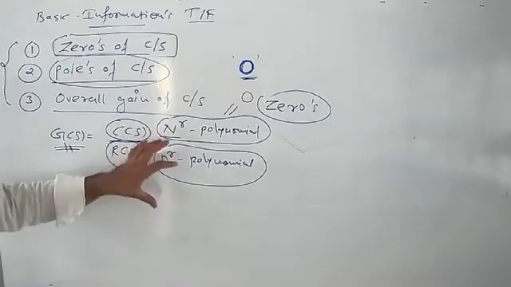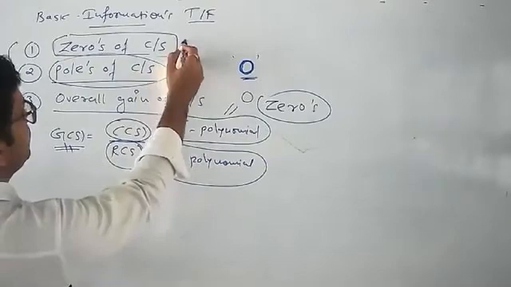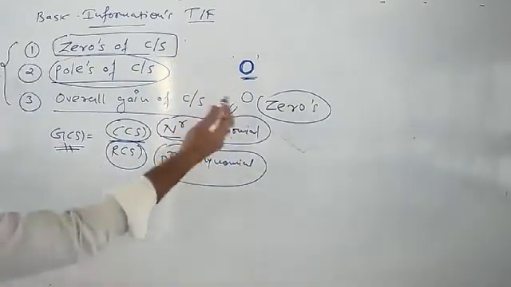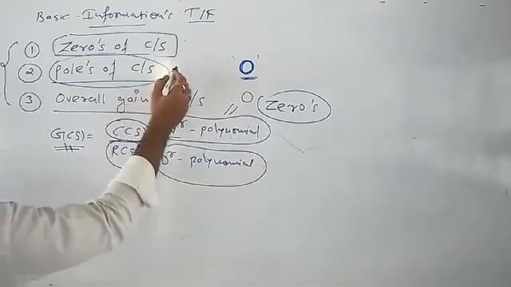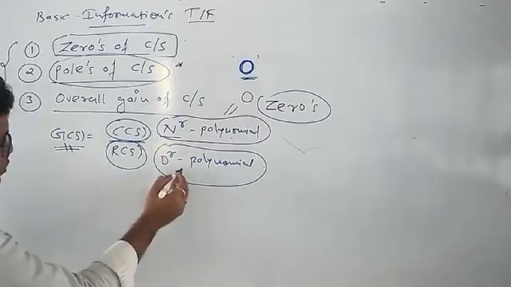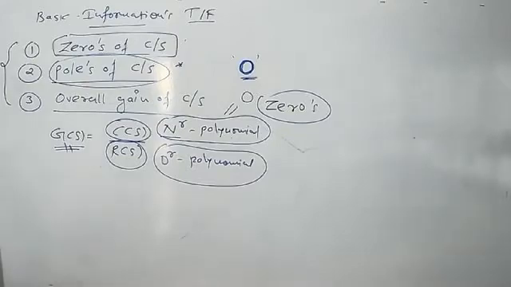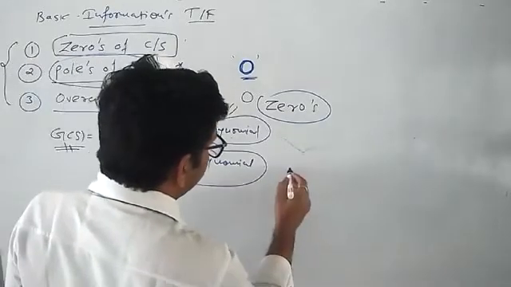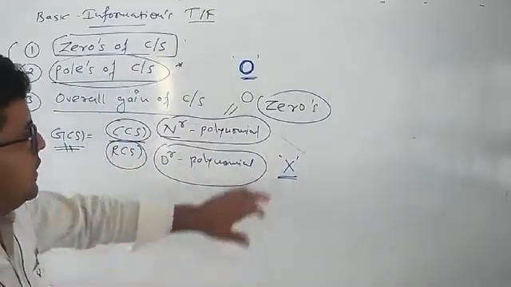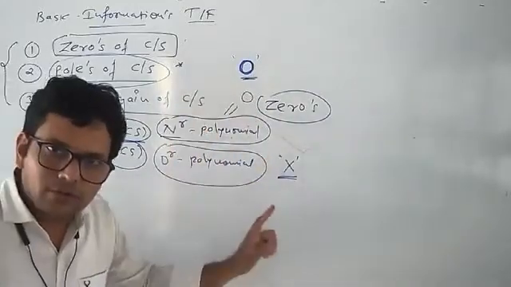So by knowing the transfer function of a given control system, we are in a position to find out what will be the zeros of a control system, which are nothing but the roots of numerator polynomial of transfer function. We are in a position to determine what will be the poles of control system, which are nothing but the roots of denominator polynomial of a given transfer function. And normally the poles of control systems are indicated by symbol cross. So you have to remember this. Zeros हमेशा हम लोग सर्कल से या फिर O से इंडिकेट करेंगे, पोल्स हमेशा हम लोग क्रॉस से ही इंडिकेट करेंगे.